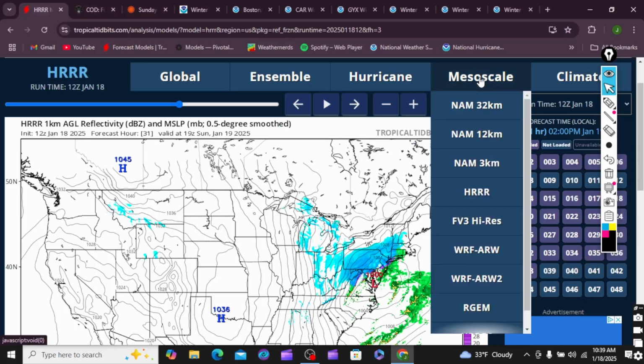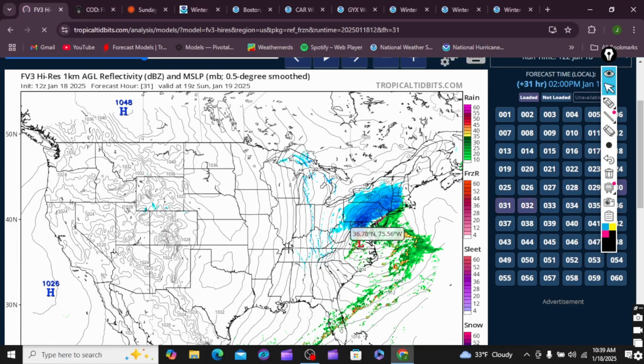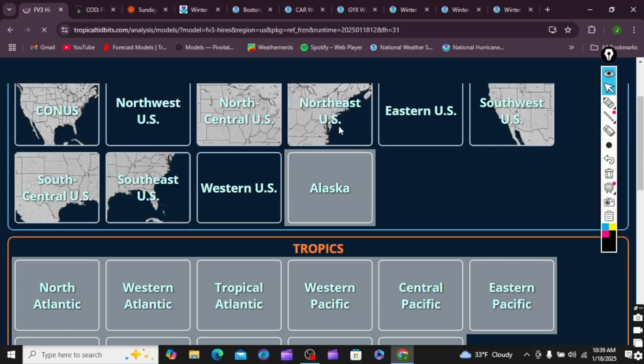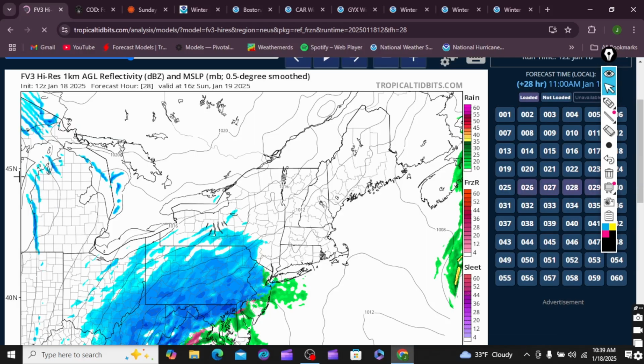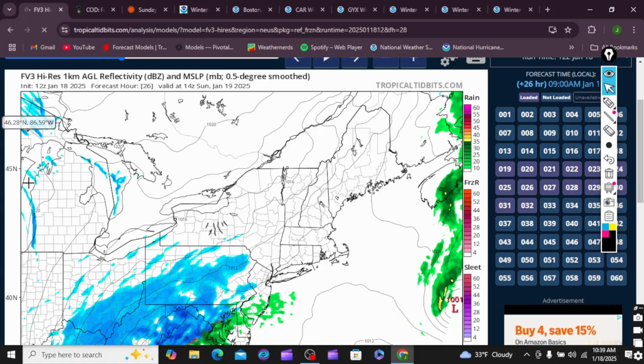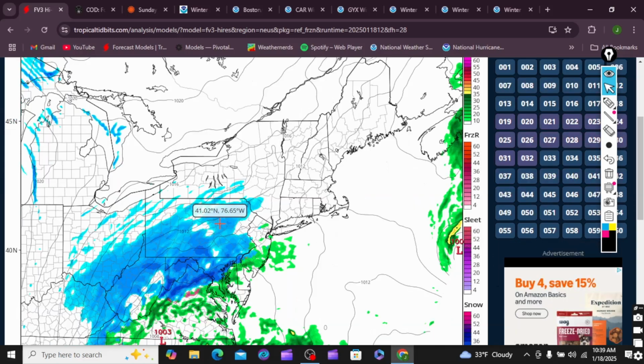Now let's take a look at some of the mesoscale models, okay? And this is one of those mesoscale models, okay? And you're looking at, we can just look on here. So this is about 10 in the morning, snow starting to fall, 11, 12.